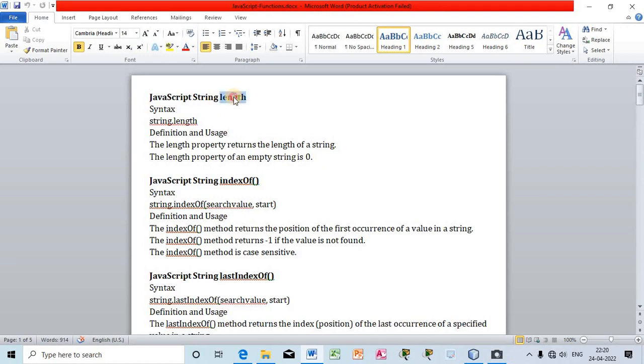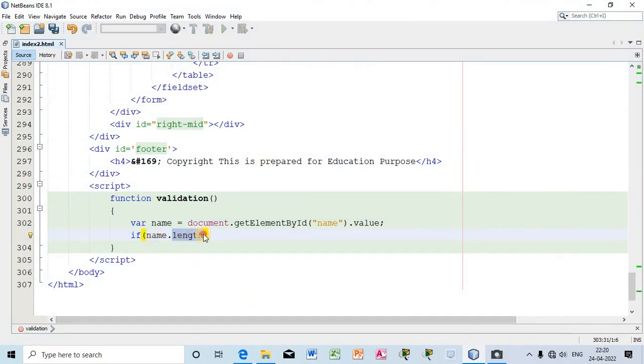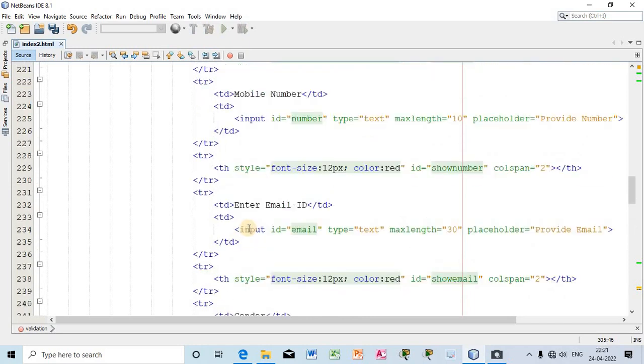So let me first use the length function, right? You can see the length function. I will use name dot length. It will just return the length of the name, right? Now here, if the length is blank, meaning the user does not provide anything, then it will show a message. What message? Let me write here document dot get element by id. The message will be shown here. Just see,